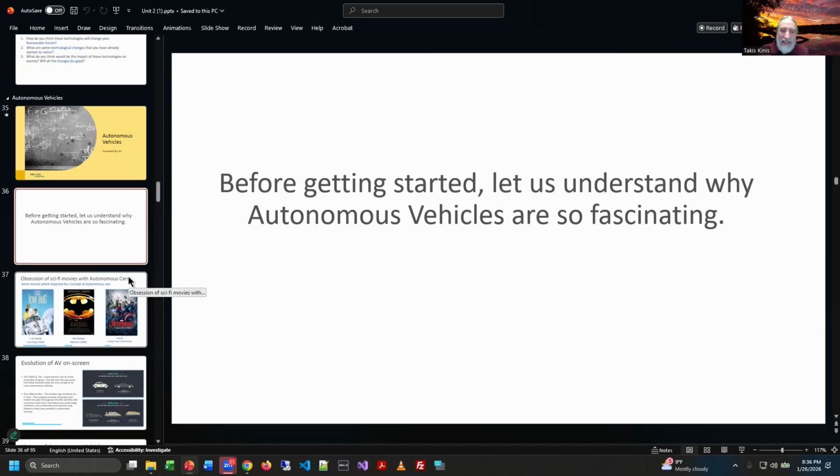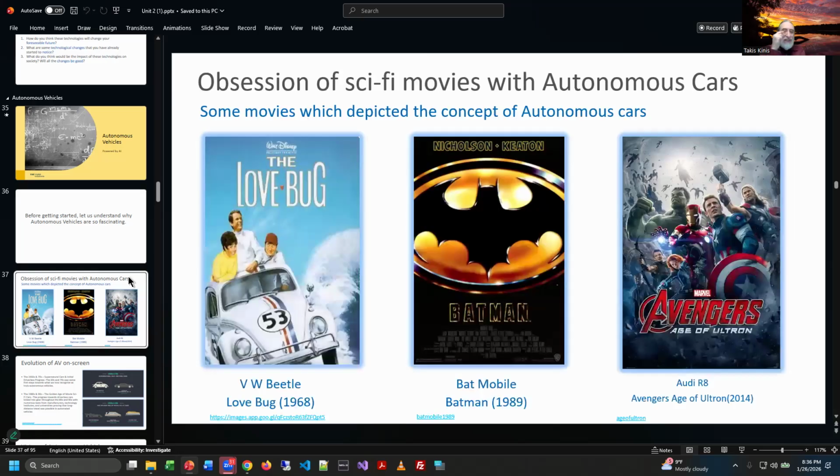And this is a really fascinating area because it's not a new concept once again. And I think this is kind of interesting. They have these goofy things here where they point out some movies historically. And of course, in my era, it was Herbie the Love Bug, right? That was a car you could talk to and it had a personality and it would wink its lights at you and goofy stuff like that. And then Batman had the Batmobile that was kind of like that too. And then if you watch the Avengers films, Iron Man had his car, if you guys remember all that, right?